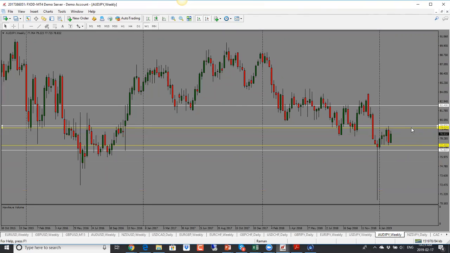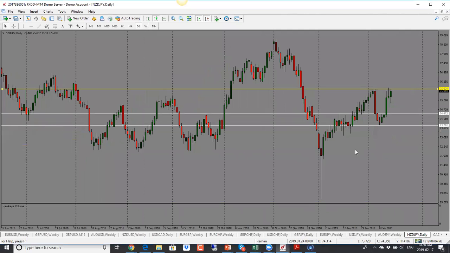So a couple of ways to look at this. One would be if price doesn't make it past this level here, then it could just turn from here. But more likely here, price could go into the high like that, and then we see it come back down. So this is range bound here for several weeks. So I will look for price to go back into the high and then see if it will come back into the range and drop from there. So right now, this is looking bullish.